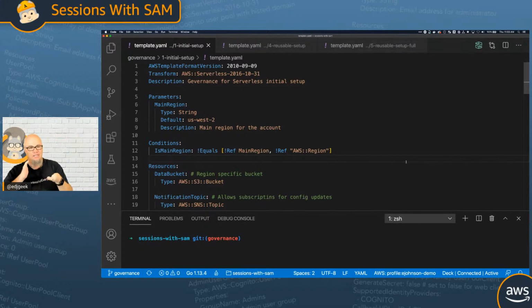Excellent. Then we set up so we could do managed rules. The AWS managed rules, like making sure a bucket doesn't have read or write access. And then the last week we talked about adding custom rules where we could build our own rules using Lambda functions to evaluate the configuration. So we showed how to trigger a Lambda when Config ran an evaluation on something, get the full configuration and evaluate it for whatever parameter we were looking for. Okay, so if that doesn't make sense, you'll want to go back and catch that episode, and it's on the Serverless Land YouTube channel in the Sessions with Sam